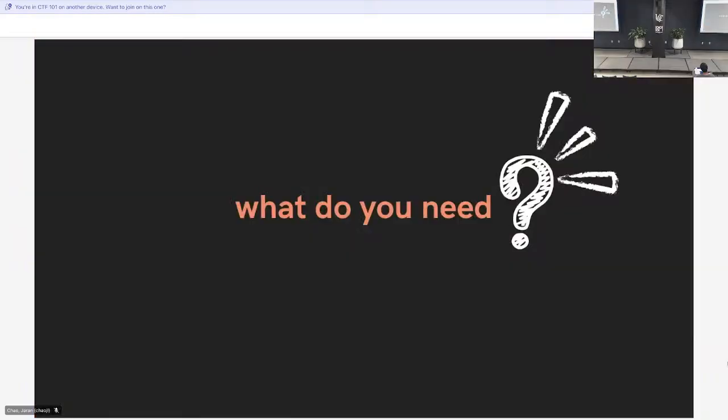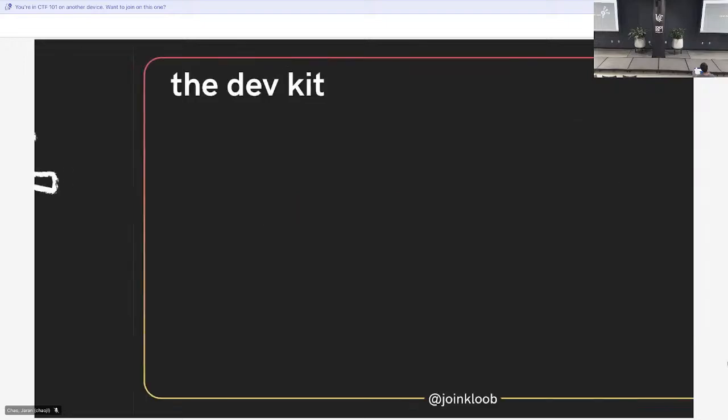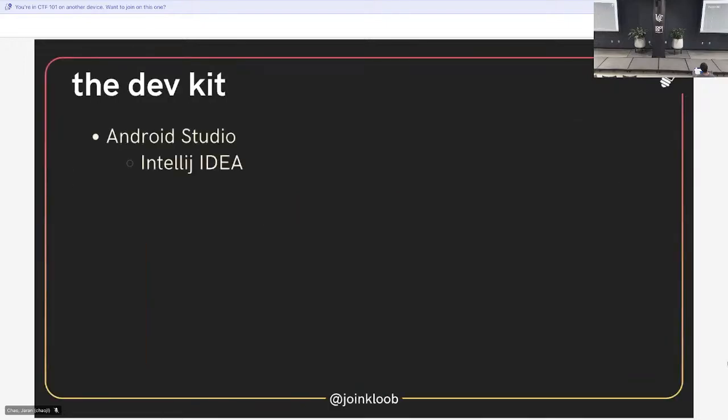So, now we've talked about what counts as mobile. You can't really get started if you don't have what you need. So, what do you need? Oh, thank God, it did not show the Discord notification. The dev kit. So, you need Android Studio for Android. You basically don't have a way around that. You just need to download Android Studio because you get